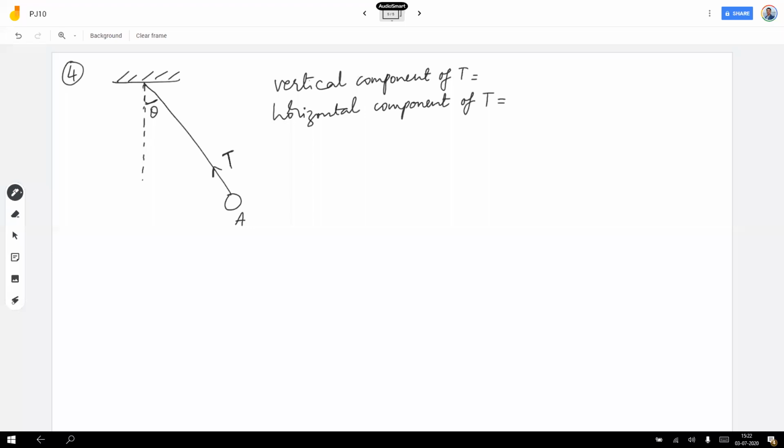Okay, components. Tell me. Fourth question. Imagine that there is a force T, T is the magnitude of the force. Its direction is in such a way that it makes an angle theta with the vertical. Which means it can be resolved into two parts, a vertical force and a horizontal force. I'm asking you what part of the force is along the vertical, and what part of the force is along the horizontal.